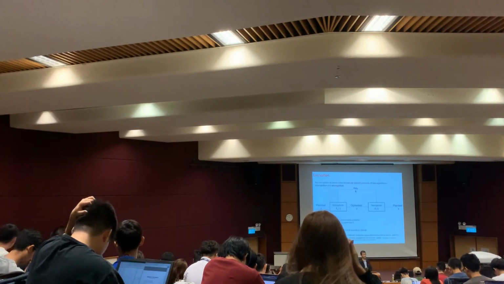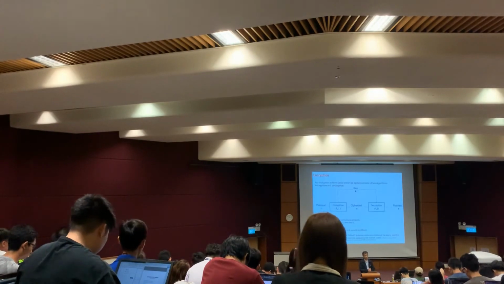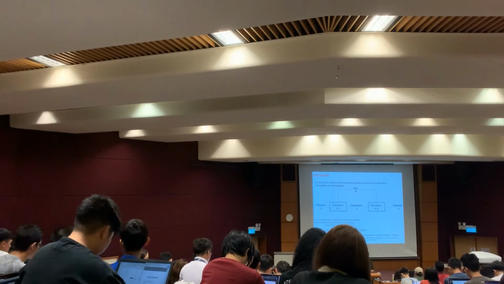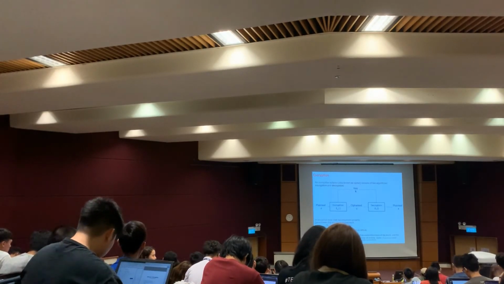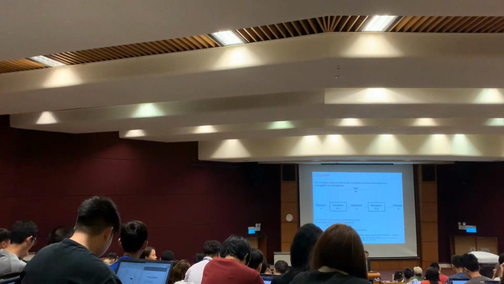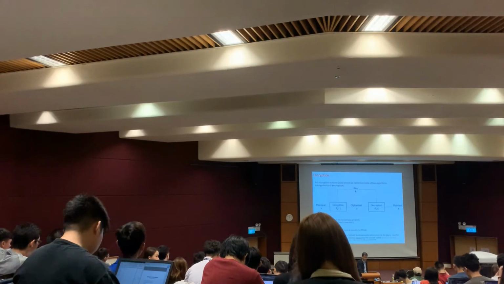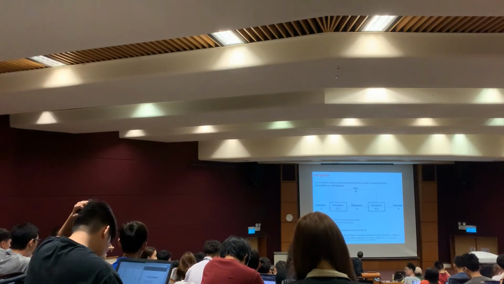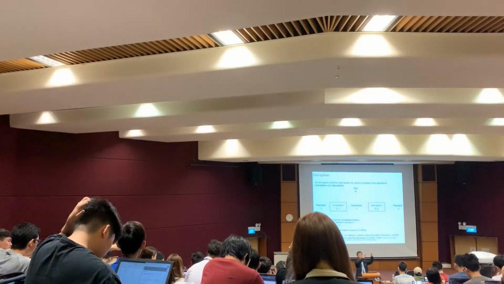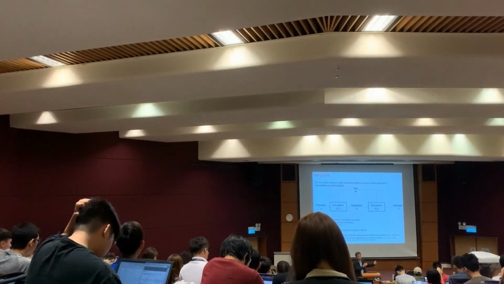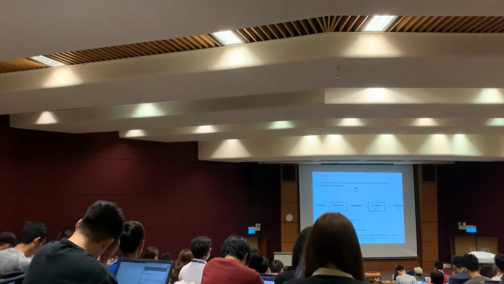So what is encryption? Encryption consists of two algorithms. One is encrypt, one is decrypt. The encryption algorithm takes something we call plaintext, which is the message, for example a video, a JPEG file or movie file, and runs the algorithm encrypt